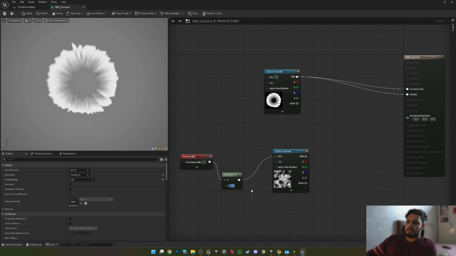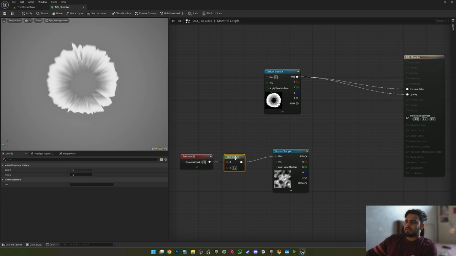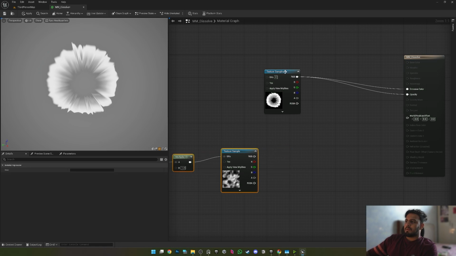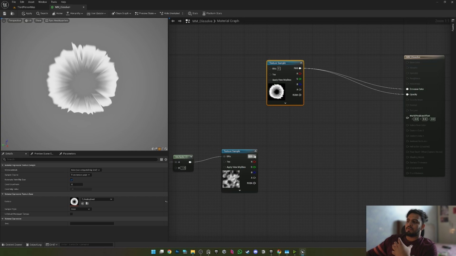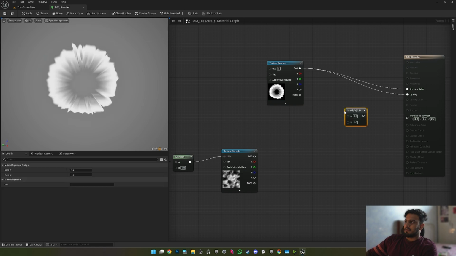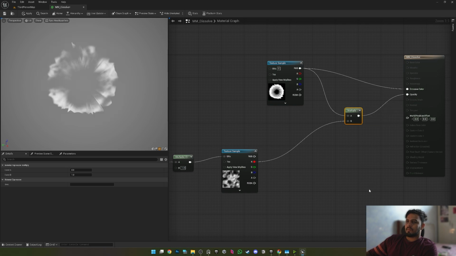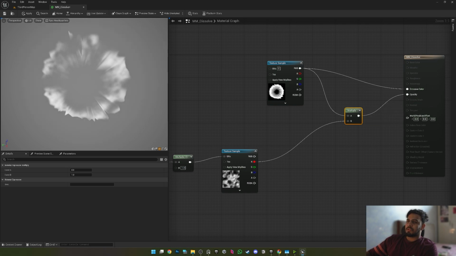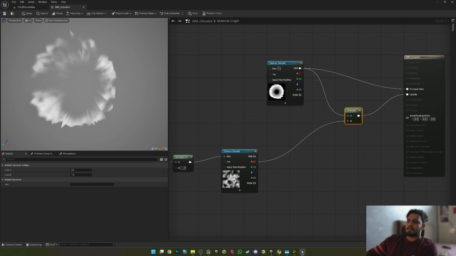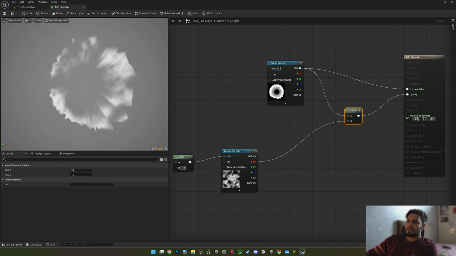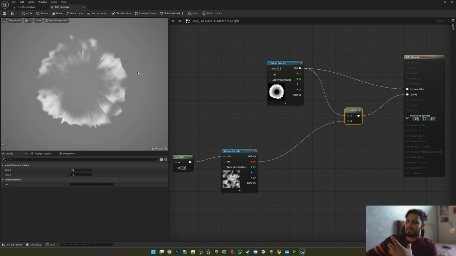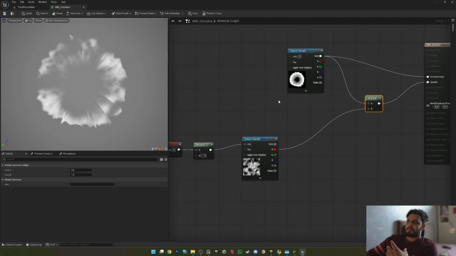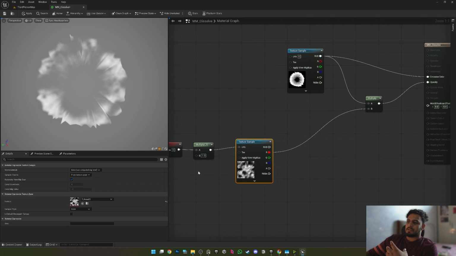Again, it will tile by default whatever it is. So now what we can do is basically to erode, we need to give some data into the alpha. So I'll just make this multiply by this, and you see already how much this has affected it, correct? It's eroded or eaten away the parts from the main texture by this noise we had supplied